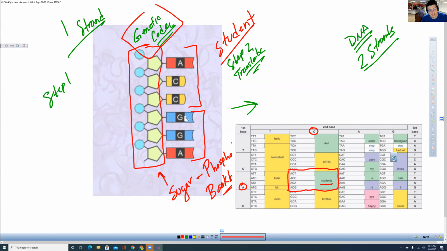The next code is GGC. G, G, so the answer has to be in this box here. GGC means I put never. So my message right now says students never. Obviously, I can add more nucleotides and make my message longer. If I wanted to say students never hate Santa Fe,